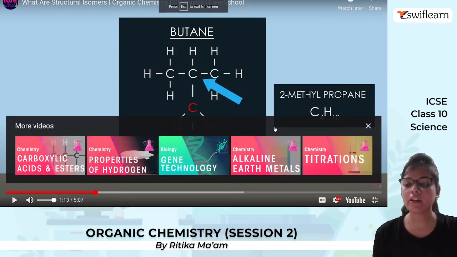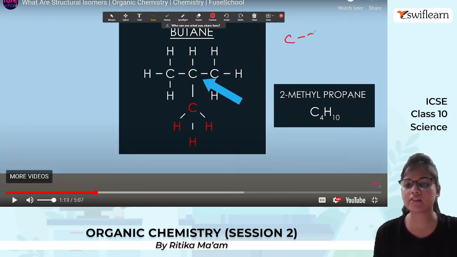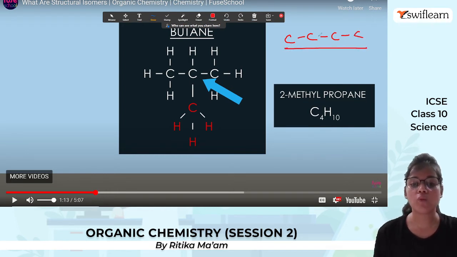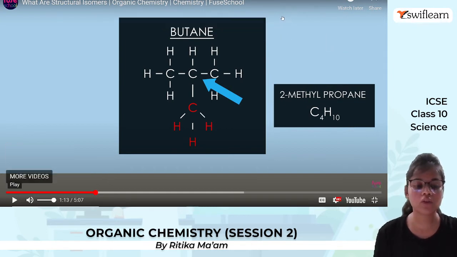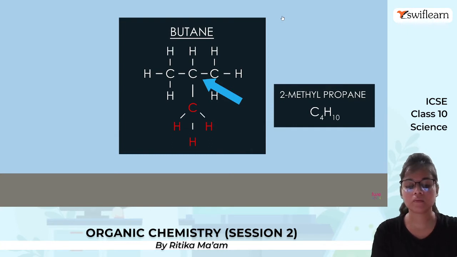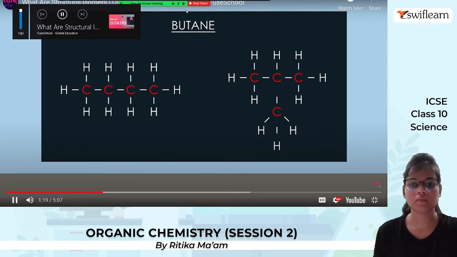Yeah, so in the previous video what we saw is that the first structure we can draw is just by adding 4 carbon atoms in a straight line. But what if we do not add them in a straight line and we add a group in the middle? This leads to a change in the structure, and because of this change in structure, what happens? The property also changes. Alright, let us move forward. Do not be confused, it is still an isomer of butane because of the 4 carbon atoms.